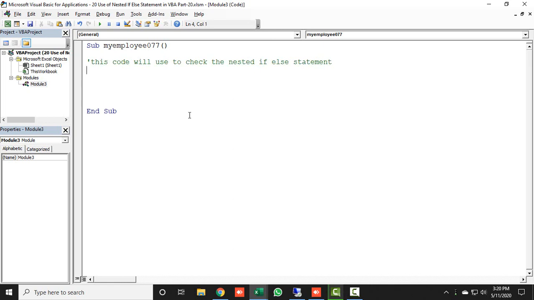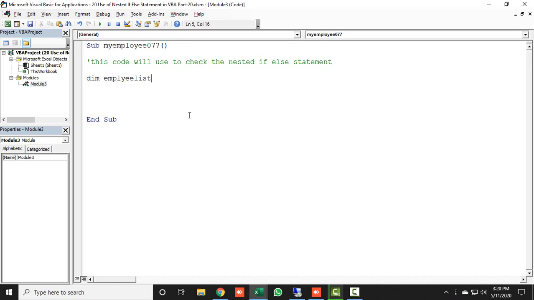Now here I will take two Dim statements. The first one I will take as string so that I can put up the question via input box to the user, and the second one I will take as Double, and you can also take Long so that you can define your numerical question. The first one is Dim, and I'm giving the variable name, let's say, employee list.